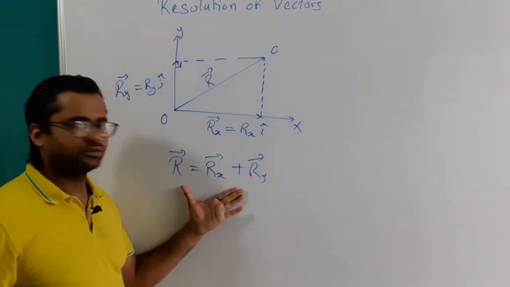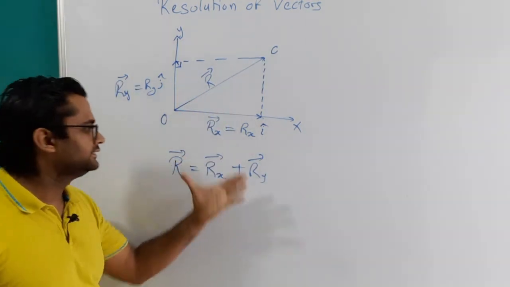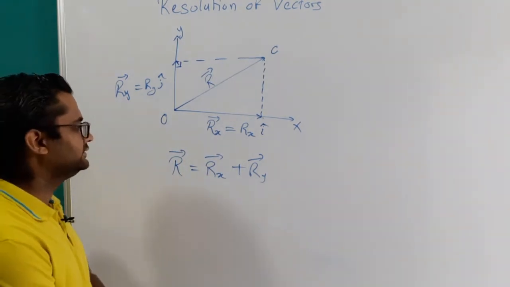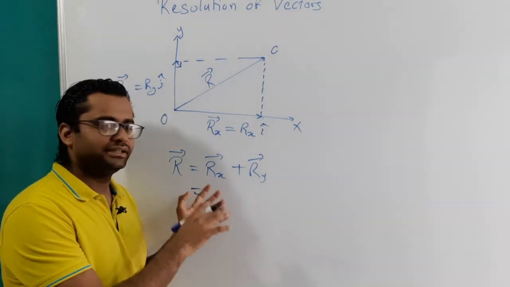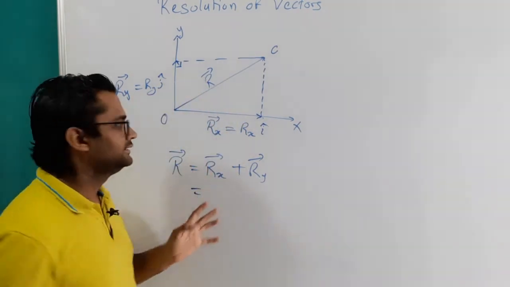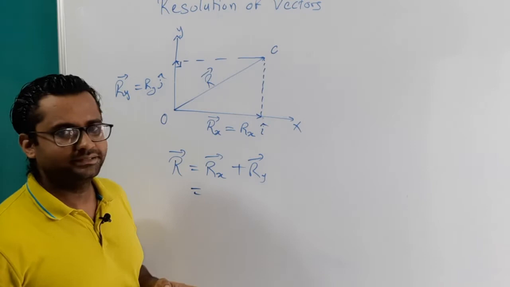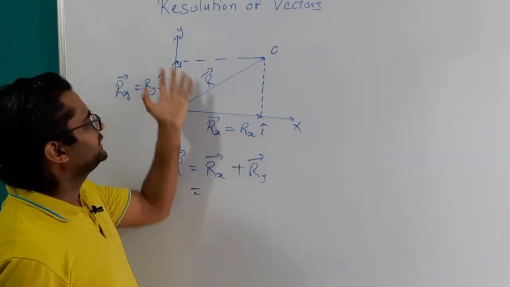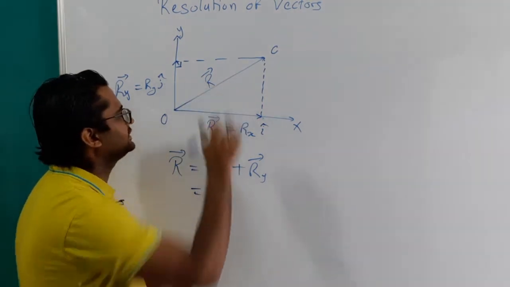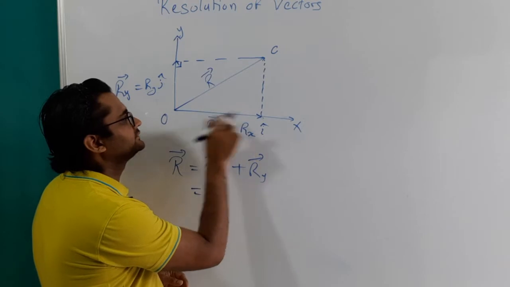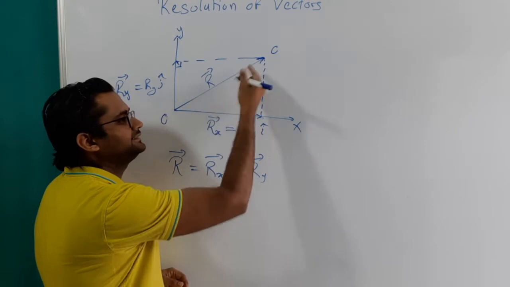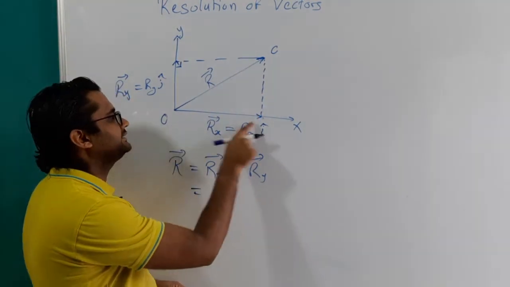So this process is called resolution of vector. We have split this vector into components along x and y, so this is a rectangular splitting, or rectangular resolution, of a vector. In the same way, we can split a vector which is in space along the x, y, and z axes. It is difficult to understand all three axes at once, so that's why I have explained it in the plane with the x and y axes. Now look at this diagram once again. This length is Rx, this length is R, since the length of the vector is equal to the magnitude of the vector.